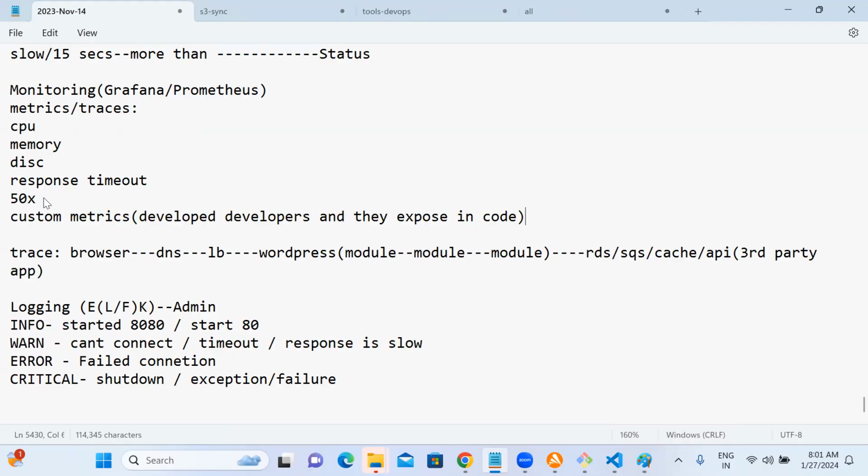So in observability, there is logging and monitoring. Logging means the kind of lines you will be reading. In monitoring, there are metrics and traces. Metrics are like this; there will be default metrics and custom metrics. Traces, the developer has to develop. This also the developers will do. They have to use some kind of code here also. Without code, without developer support, you cannot get that.